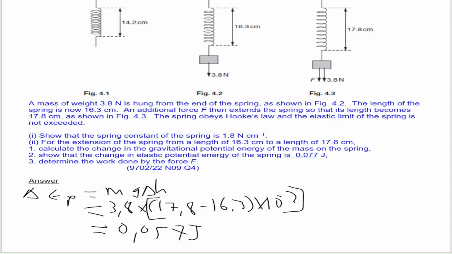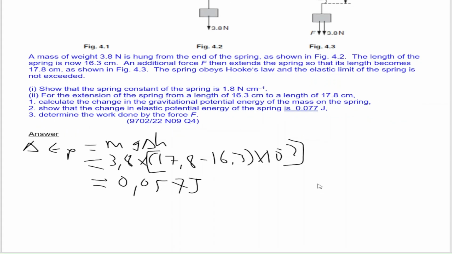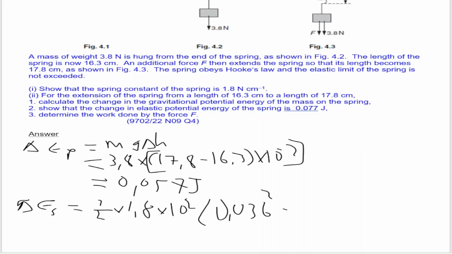To find the change in the elastic potential energy, it's going to be half Ke squared. And we have found K already, but then remember, K is in centimeter, so we need to change it to per meter. It's going to be equal to half times the 1.8 that we calculated earlier on, but now we're saying times 10 to the power of positive 2 because we're converting to per meter. So multiplied by the change there, so it's going to be 0.036 squared minus